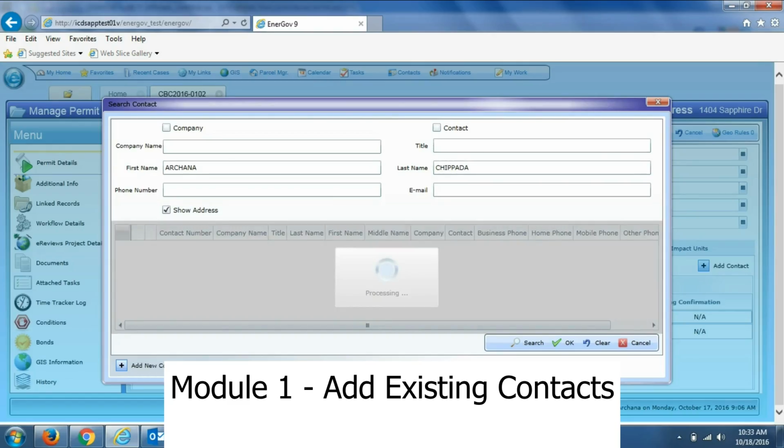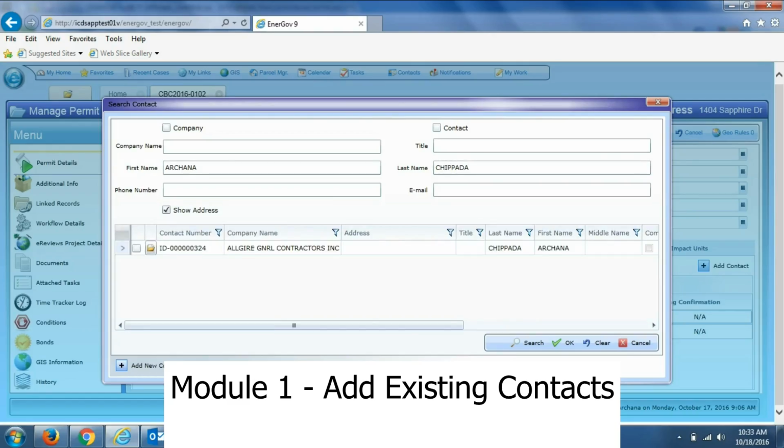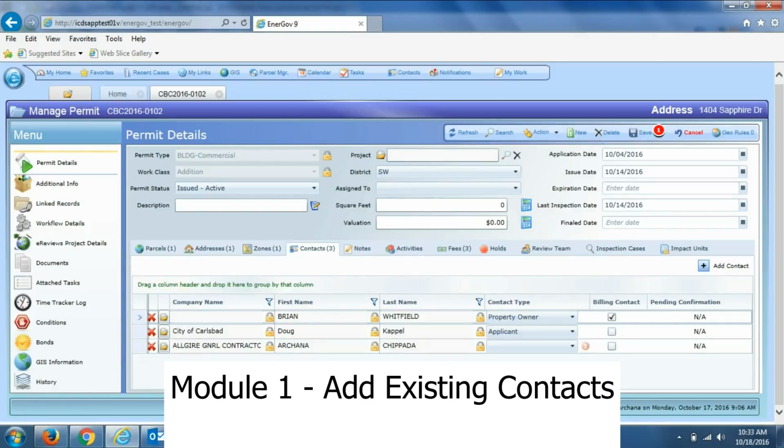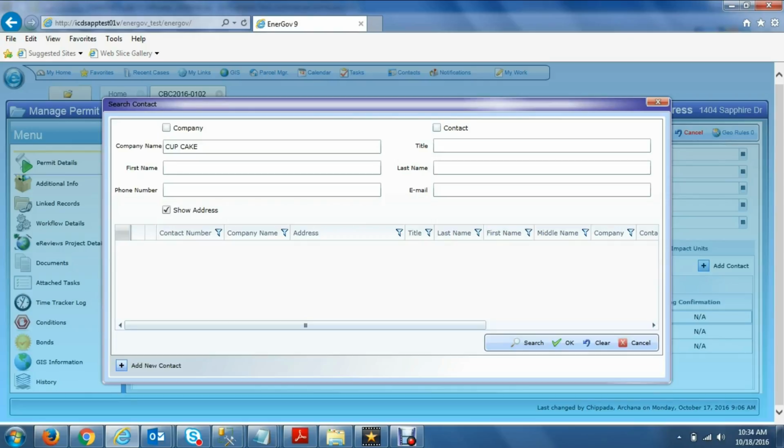In Module 1, we covered how to search for and add existing contacts to a permit. You always want to search for existing contacts first before adding a new contact record to Energov in order to avoid duplicates in the system. If you've performed a search and no results are returned, or the one you want doesn't already exist in the system, you want to click Add New Contact from the bottom of the Contact Search page to take you to